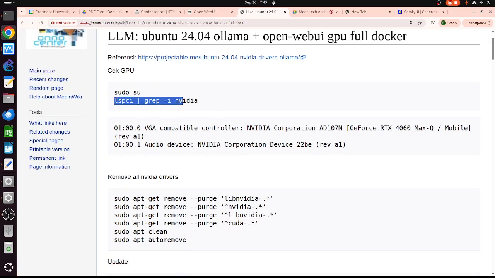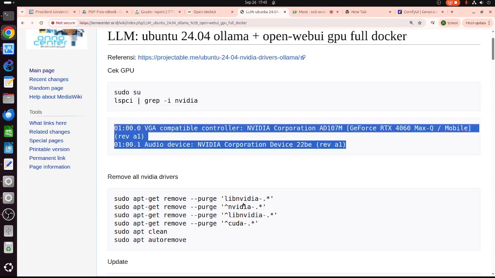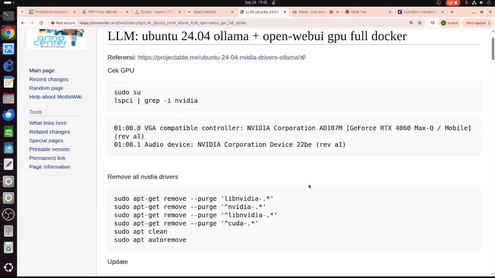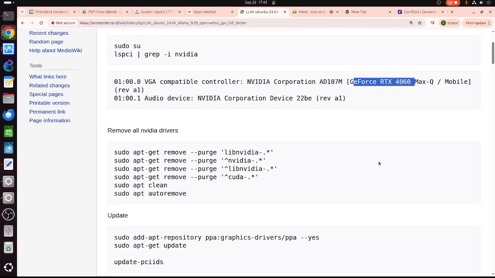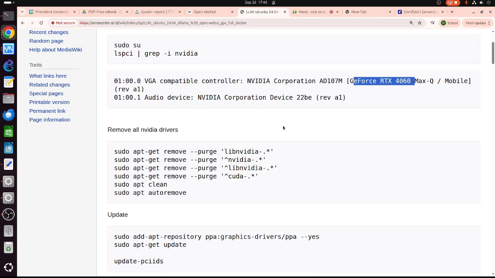If you like, you can check the GPU with lspci and grep NVIDIA, and you can see whether it's ready or not. This is on my laptop. It runs on an RTX 4060, basically a gaming GPU. This is not really for AI, but okay, it can be used for AI a little bit.